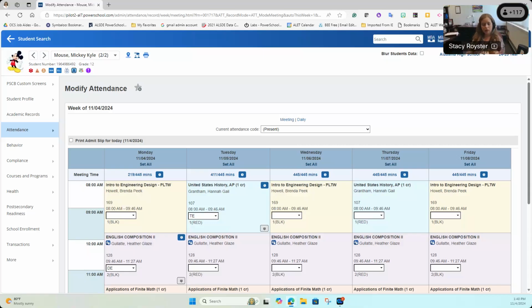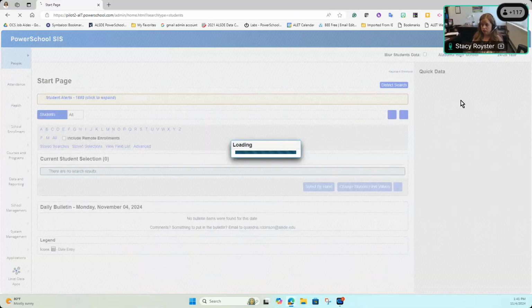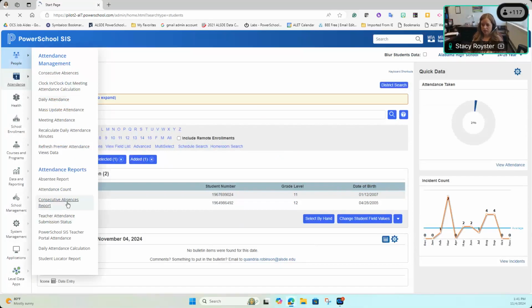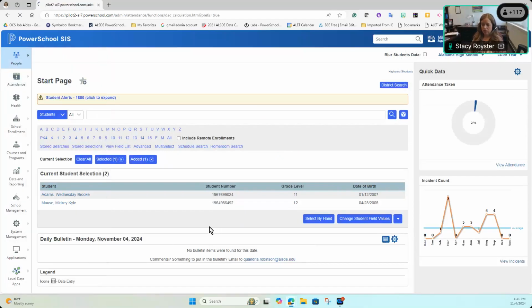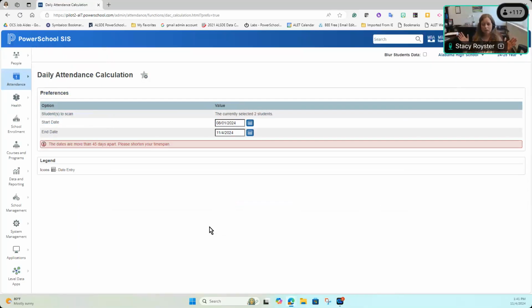And again, in Russ's case that he just made, let's pretend Mickey had no classes at the high school, okay? Absolutely no classes. All of his classes were at the remote school. Remember, that code's never going to pull over. So in this case, it would be very important that the high school run this daily attendance calculation. And it's something that takes 2 seconds to run